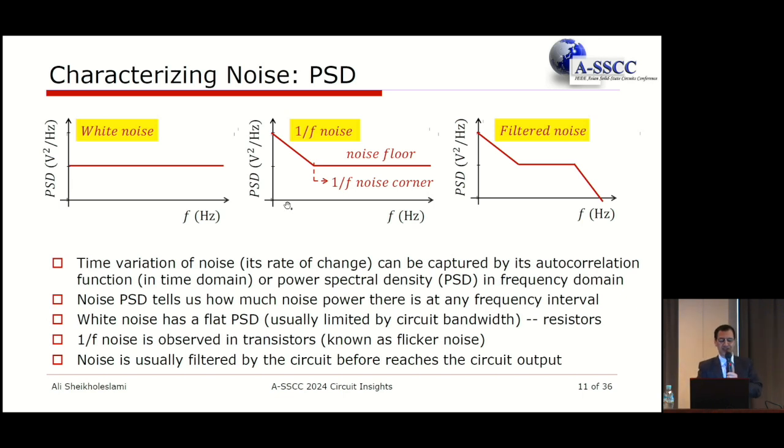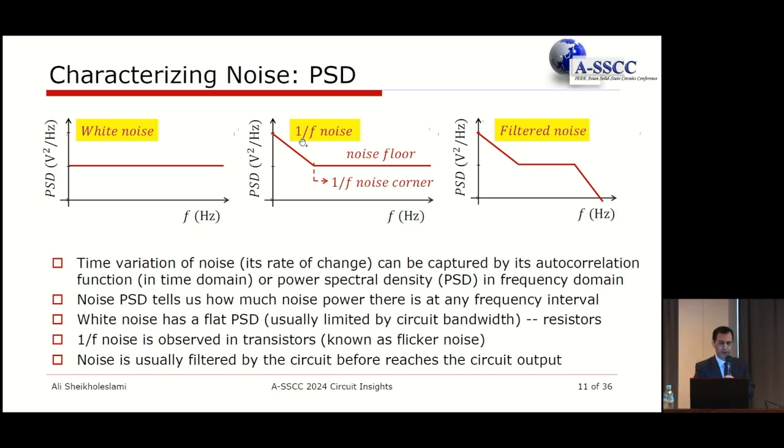If you look at a transistor, you will see a different behavior. Transistors have multiple sources of noise, and if you look at the power spectral density, which we don't go through in this lecture, but we just tell you the concept, you have some noise that, when you decrease the frequency, increases. So in other words, there's more frequency content of that noise at lower frequency than at higher frequency. And as you increase the frequency, it will plateau at some point, and that will become the white noise at that point. And that will become the noise floor, as we call it.